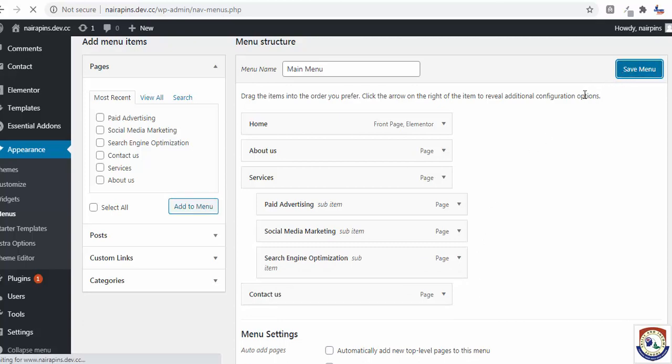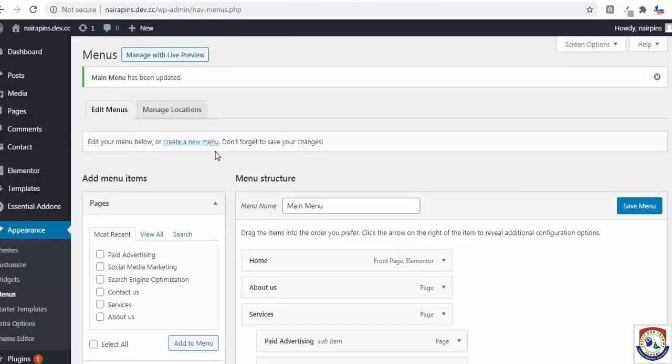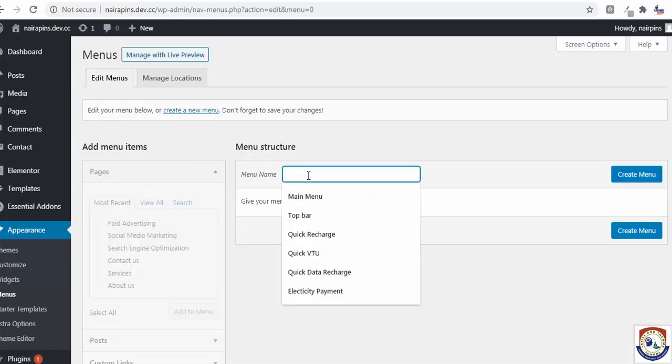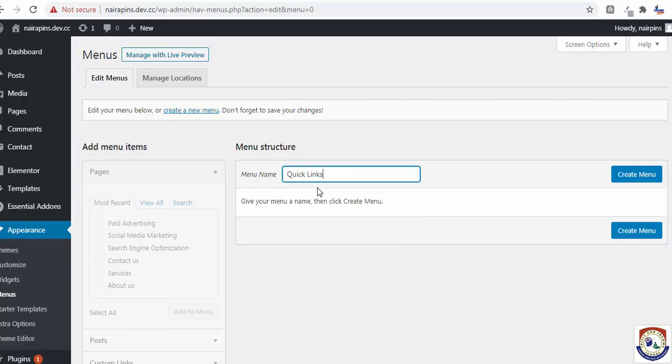Now I'll create another menu which is called maybe quick links. You normally see it on some websites, quick links, hot links or something like that. So I'm going to create a new menu and give this one maybe quick links.